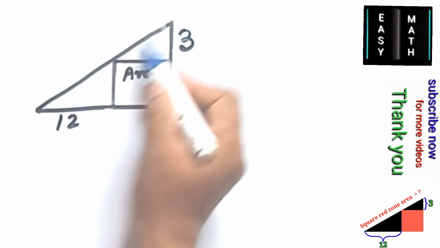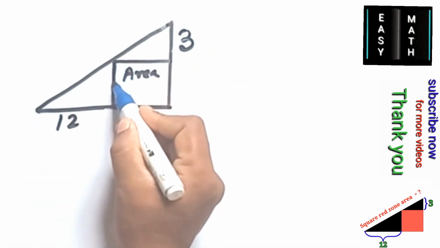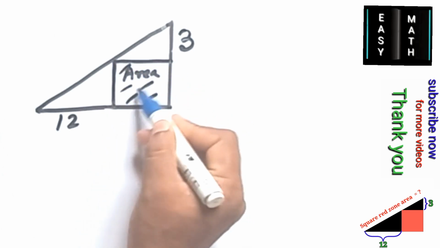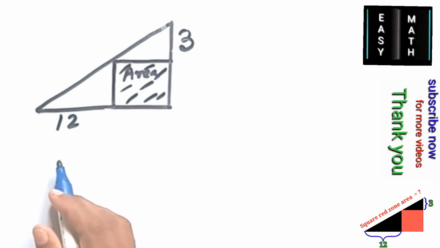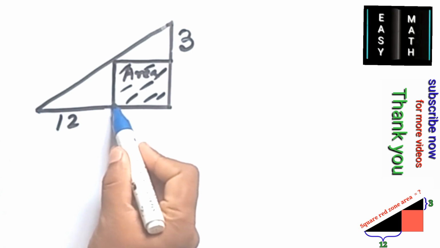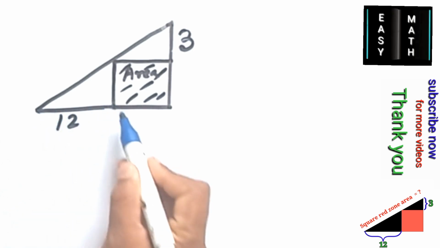In a diagram, they find out this square area. What is the area of this red zone area? This is the 3 unit and this is the 12 unit. So now